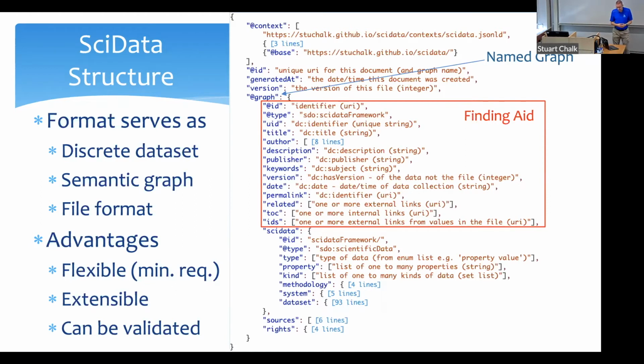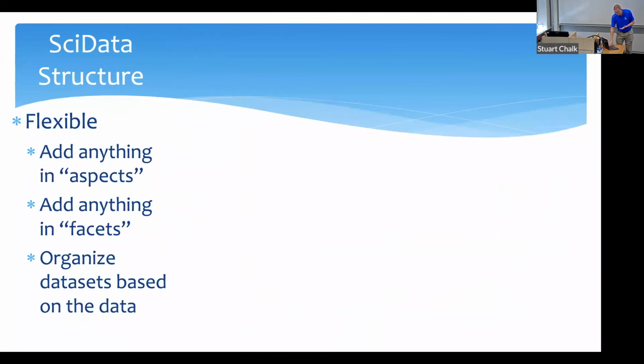I think JSON-LD is like the ultimate data format simply because it's a text file. It can be stringified, which means you can take out all the extra spaces and make it just one long string. So you can compact it in that way. You can store it in a database table if you really want to. It's a great format for representing data in a general sense.